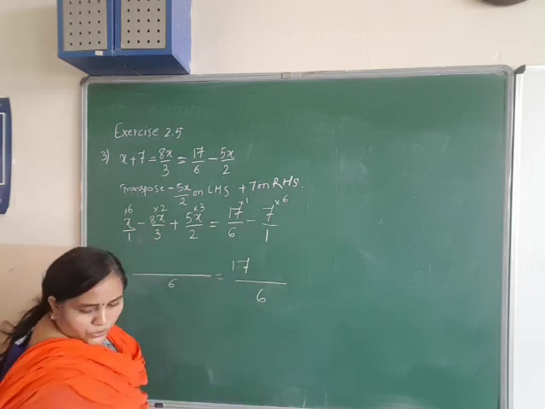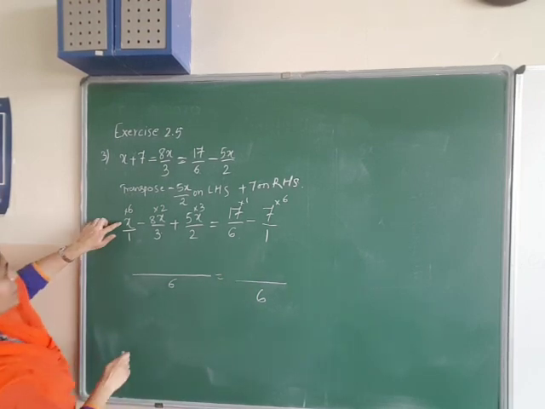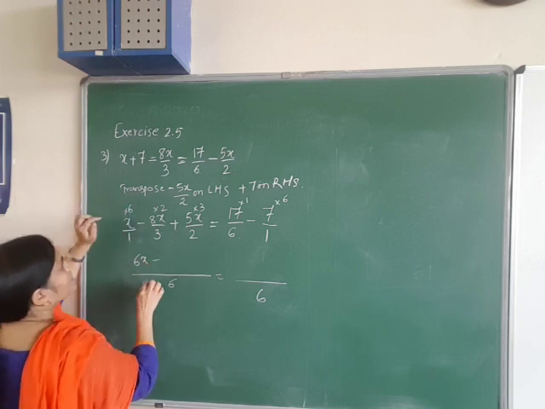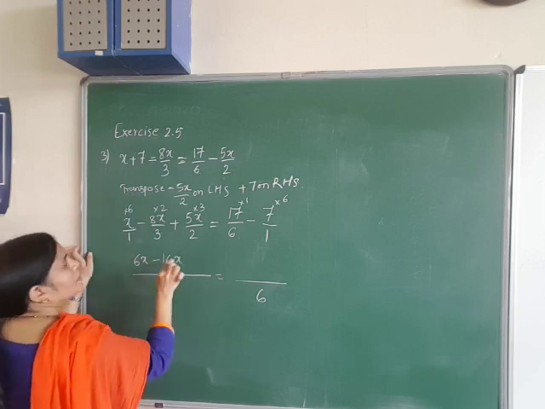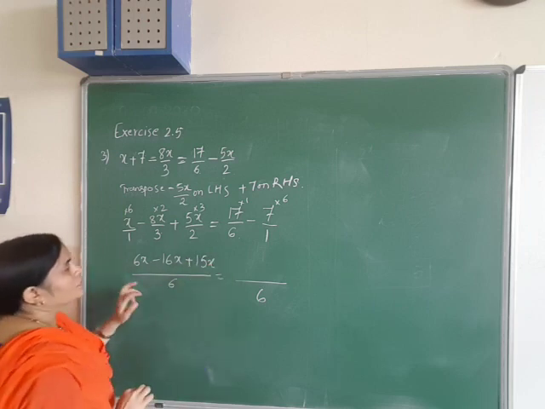So we'll solve the left hand side first. 6 into x, 6x minus 8 2s is 16x, plus 5 3s is 15x, is equal to